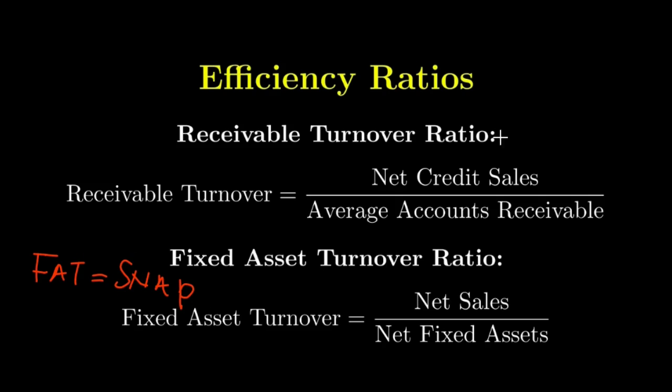For the receivable turnover ratio, this will be the net credit sales divided by the average accounts receivable. So I'll just say NE divided by average accounts receivable. So just say NEAR. That is the receivable turnover ratio, and I remember it by this. And the fixed asset turnover ratio, I remember it by FAT equals SNAP, which is sales divided by the net fixed assets, where P just means productivity. So FAT SNAP, NEAR, and then we can talk about the